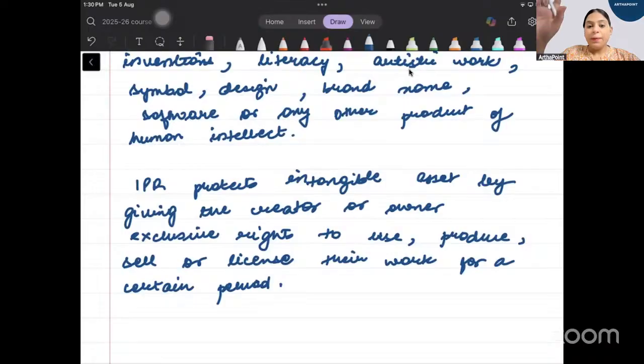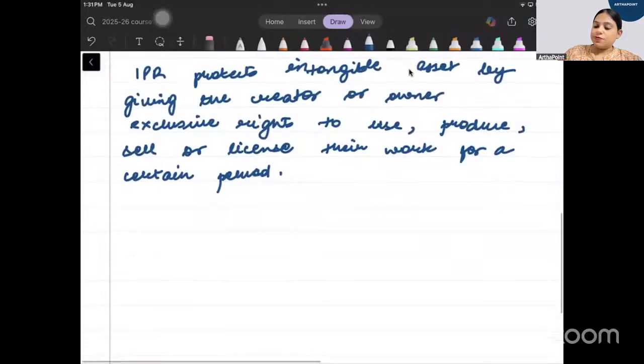So because it is giving you protection, it means it is also preventing unauthorized use. आपके अलावा कोई भी उसको प्रोड्यूस करेगा, उस पे केस हो सकता है। आपके अलावा कोई भी उसको कॉपी करेगा, उस पे केस हो सकता है, राइट? Other than you, anyone using it, copying it, or exploiting it, there can be a case, legal case on them, right? So this protection